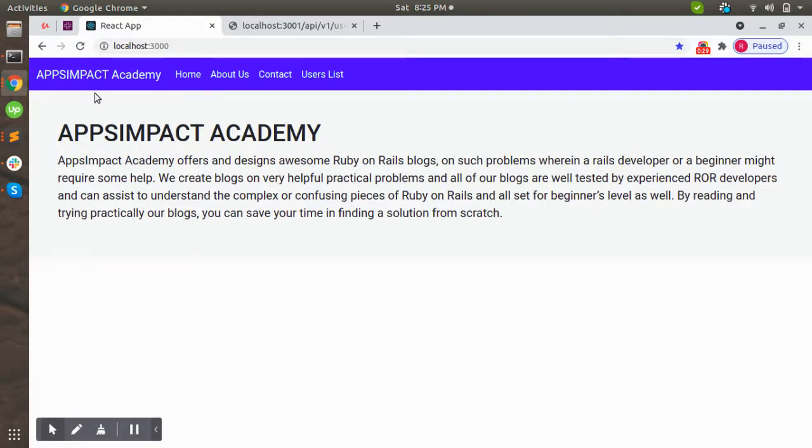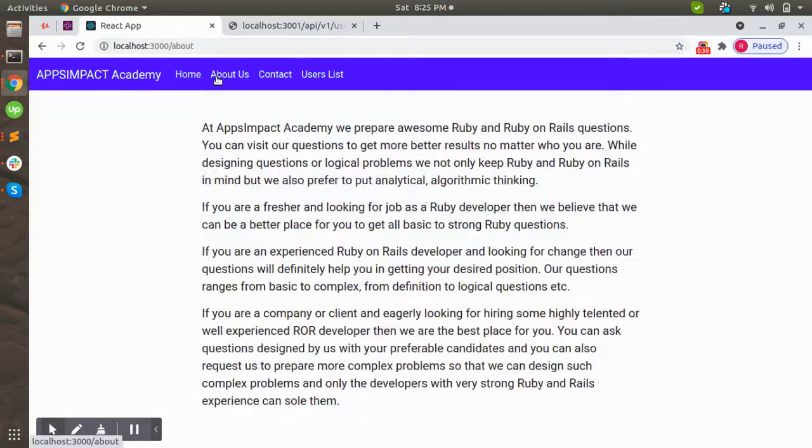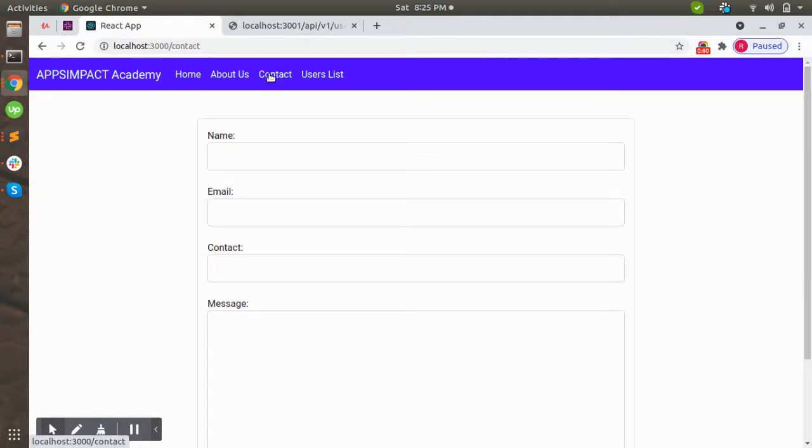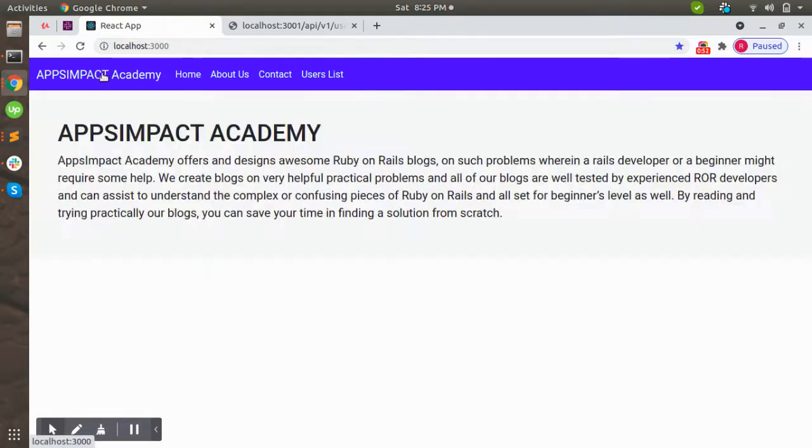In this work sample, I mainly used a router for the React application. You can clearly see here that this is my home page, this is my about us page, this is the contact us page. So here the React router works, and in the source code of this React application, you will easily find how the router works. Now let's switch to the home page again.